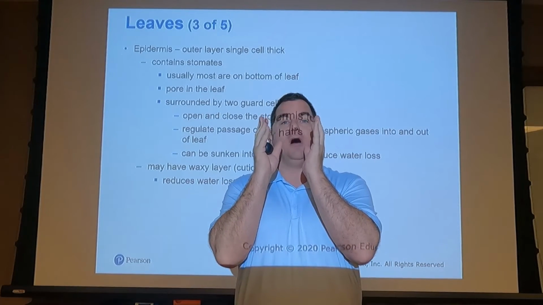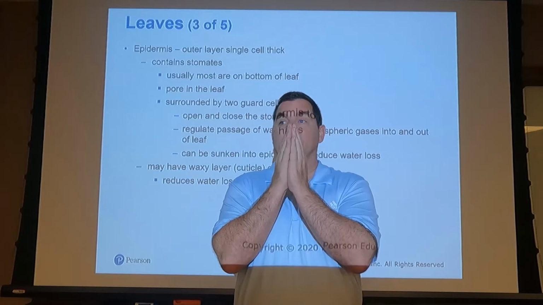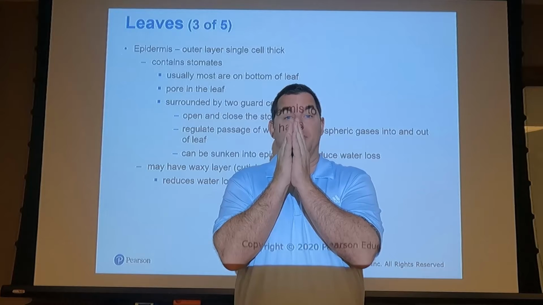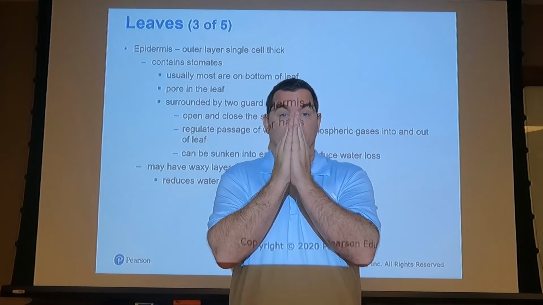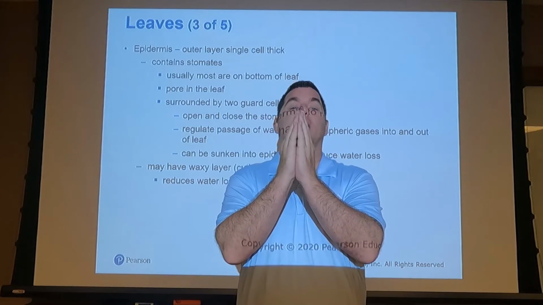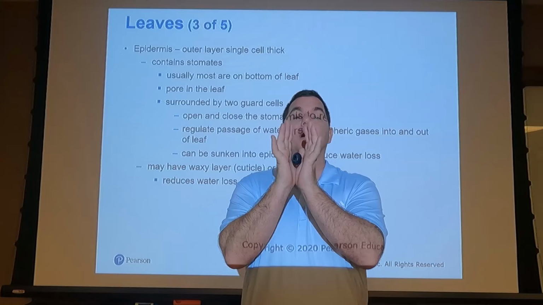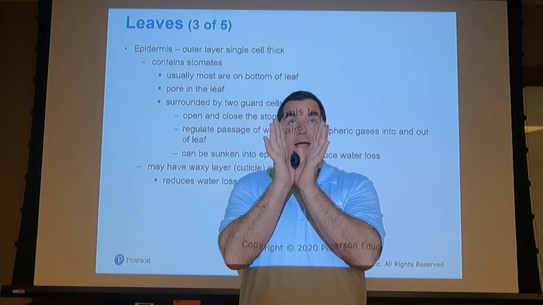So if we have full guard cells and there's plenty of water, it's going to be kind of like balloons. If you get two full balloons next to each other, those guard cells are closed. And the stomata is beneath it, so there's no movement in and out. So the guard cells have to open up in order for oxygen and carbon dioxide to either exit or enter